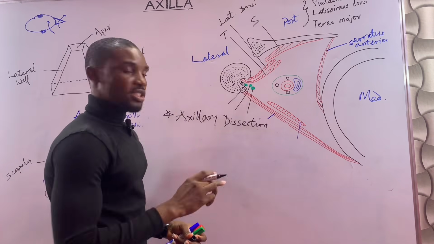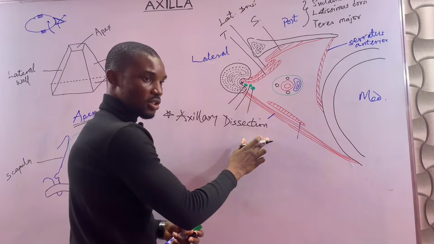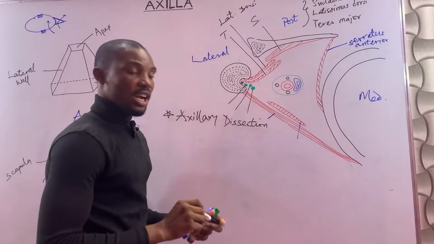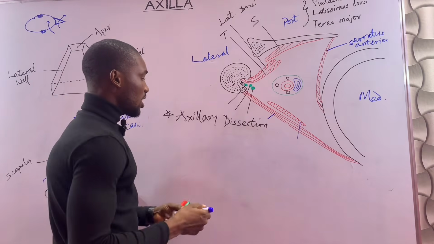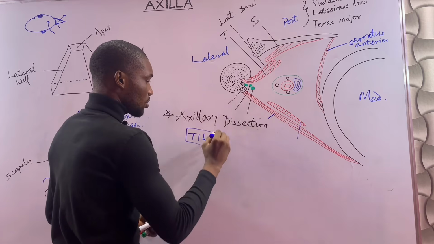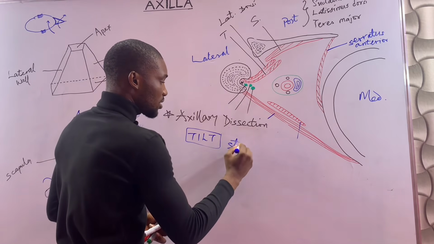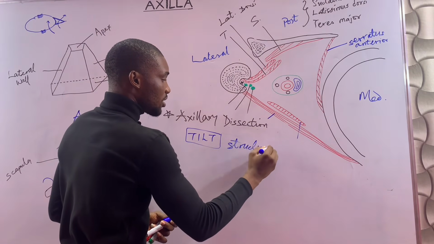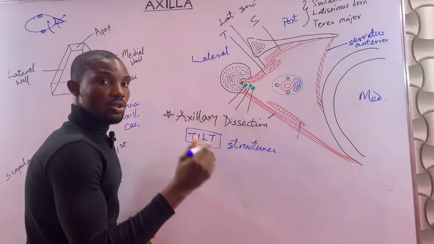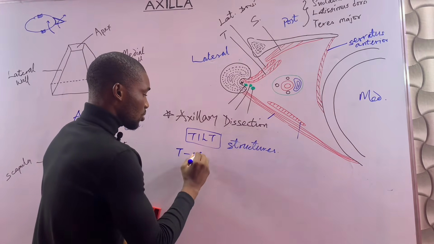And that process of dissection is called the axillary dissection. During the axillary dissection, there are some structures that are at risk of damage, which are our TILT structures. Okay, so we have our TILT structures which can easily be damaged during an axillary dissection. So we have our T, which is the